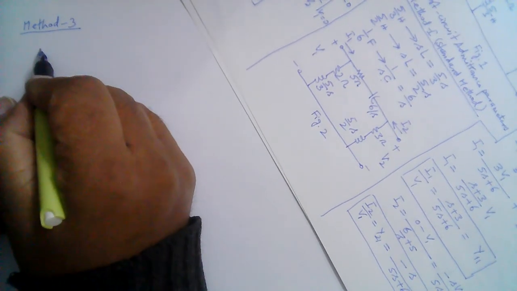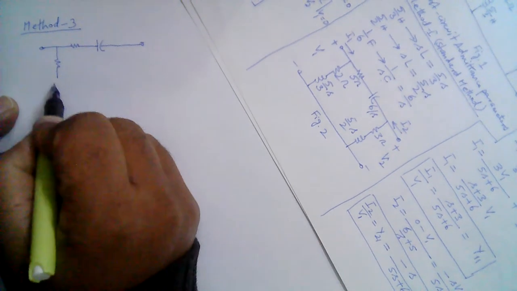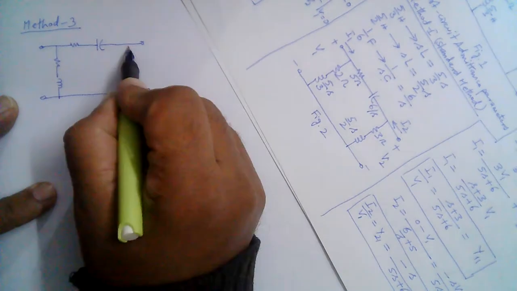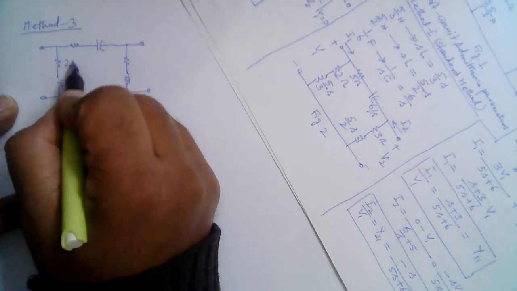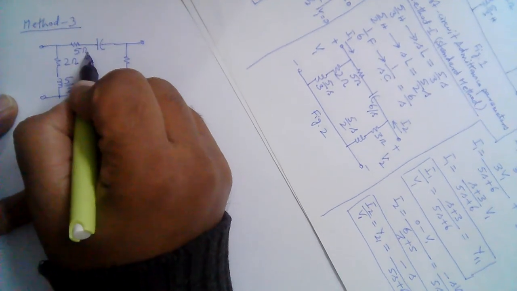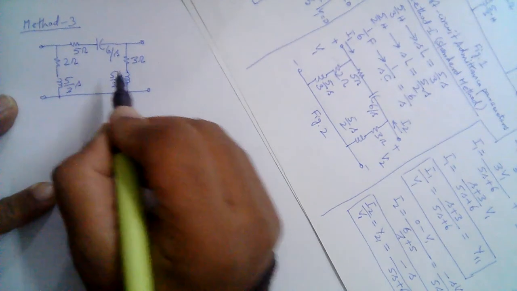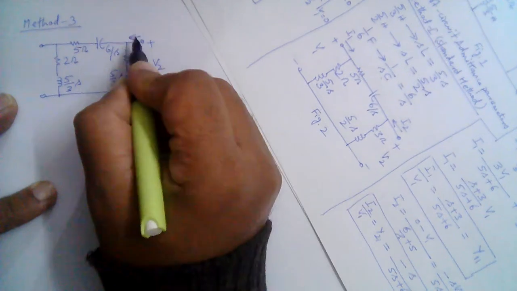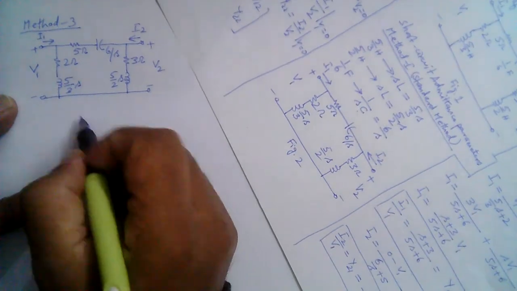So for that, let me redraw the circuit again in its frequency domain form. So this is 5 over 3s, this is 2 ohm, this is 5 ohm, this is 6 over s, this is 3 ohm, this is 5 over 2s. The voltage at these terminals is V2, the current flowing in here is I2, the current flowing in here is I1, and this is V1. And let me call this figure number 6,